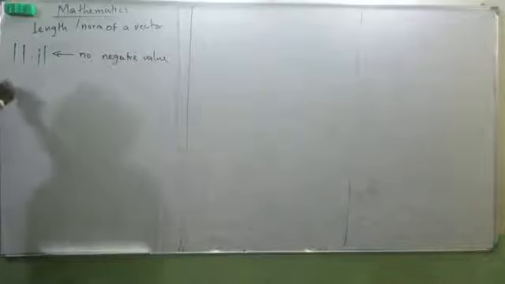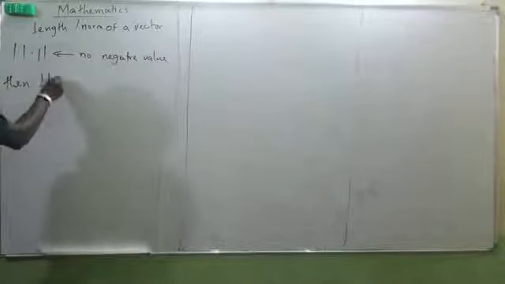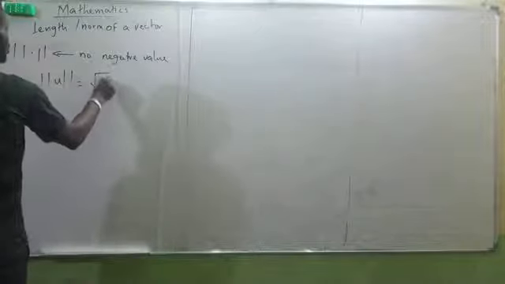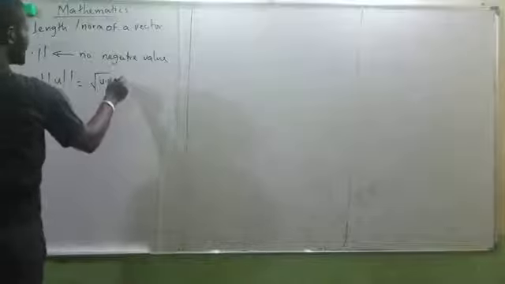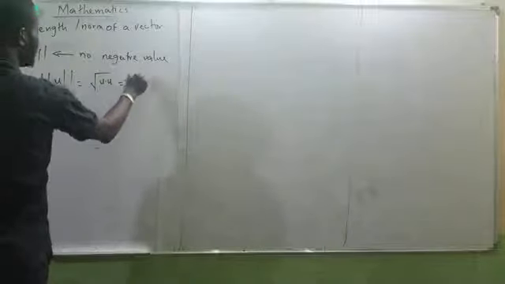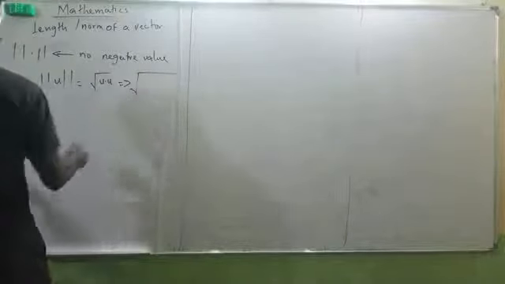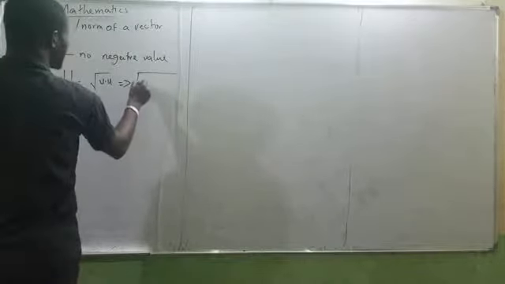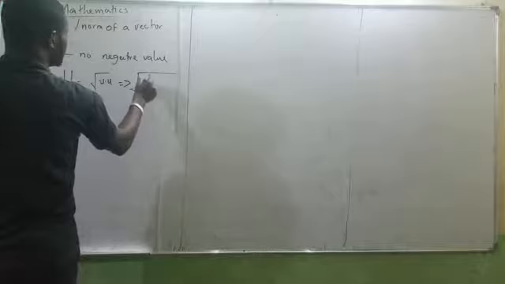If I have norm of u, it will be equals to root of u dot u, which will be equals to root of, I can put, u1 squared